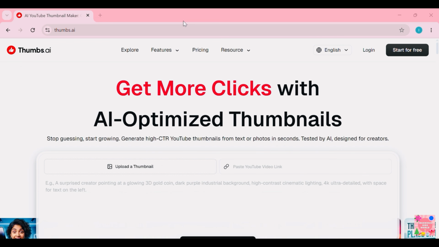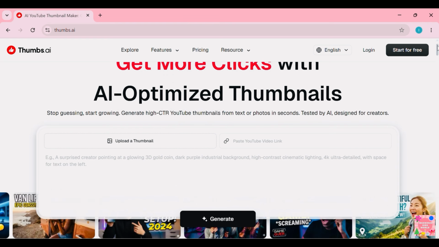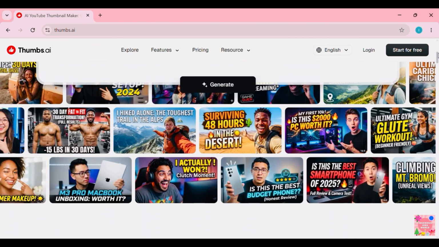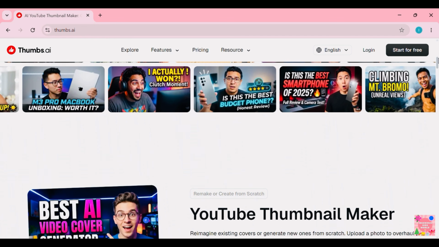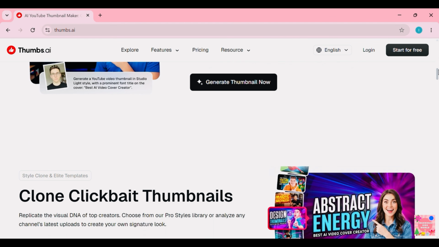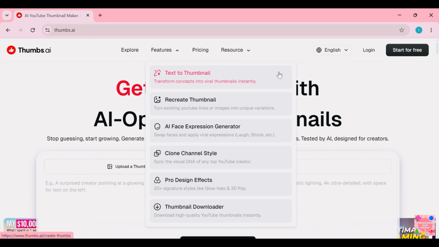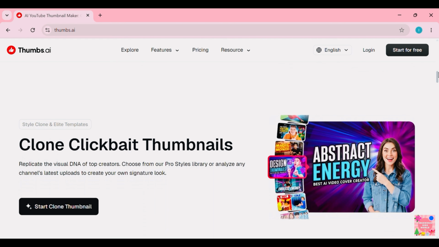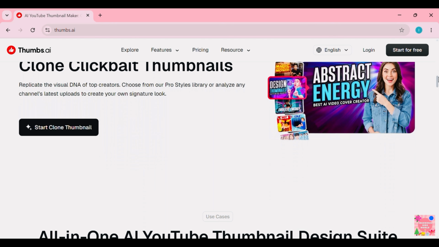In this video, I'll show you how to turn simple ideas into eye-catching YouTube thumbnails using Thumbs.AI. You'll learn how to generate thumbnail ideas using prompts from ChatGPT and Gemini. Create thumbnails with the text-to-thumbnail feature, use recreate mode, enhance faces and emotions, clone successful channel styles, and apply powerful design effects like 3D pops and glowing elements that help your thumbnails stand out. I'll also show you how to use the thumbnail downloader and transform existing thumbnails into fresh, unique designs for your